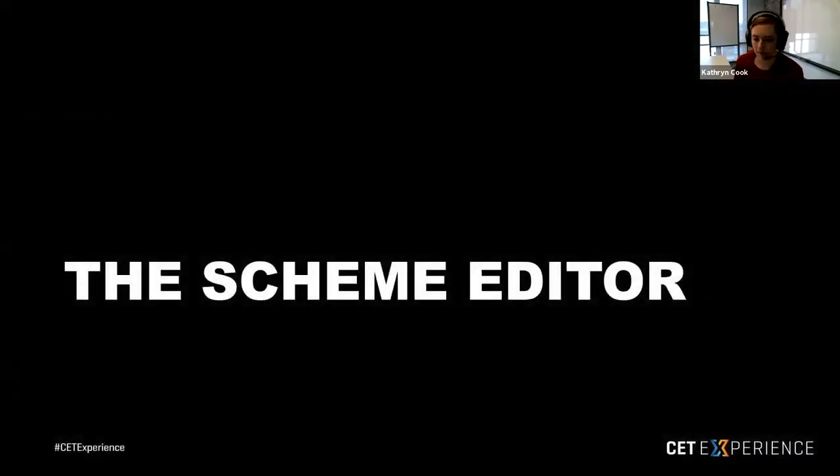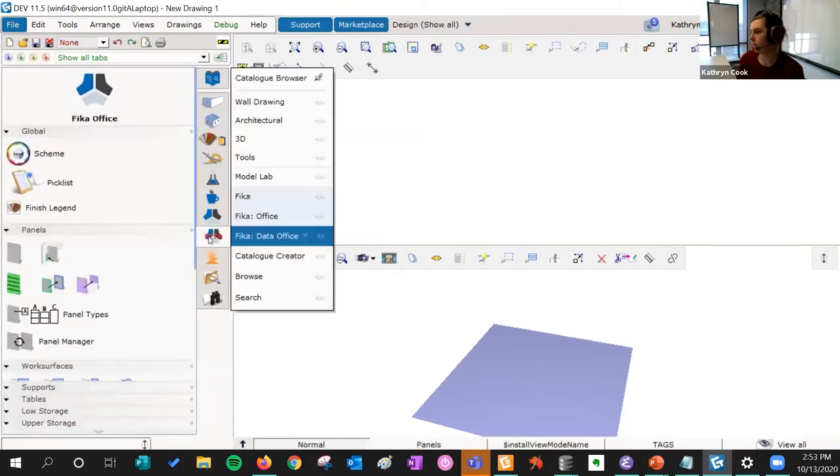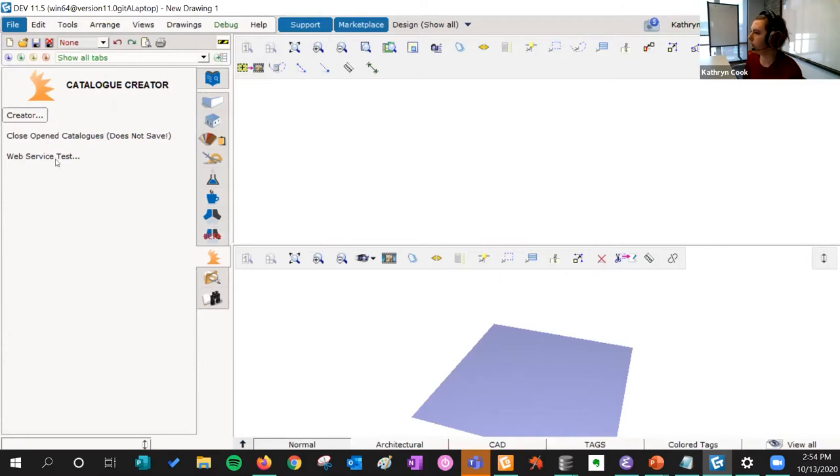So the scheme editor itself, let's take a look at that. So basically, this is Data Fika. And this is a version of Fika that's entirely based on catalogs. It's currently in 11.5 major, and anyone can go switch to that branch and take a look at it there. So if we go to Catalog Creator,